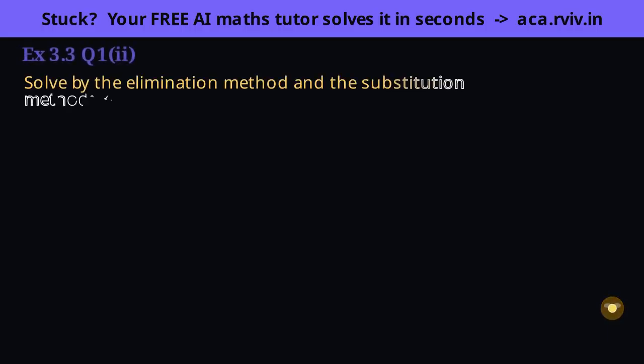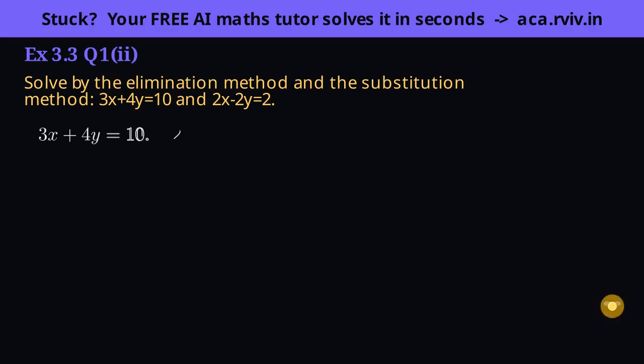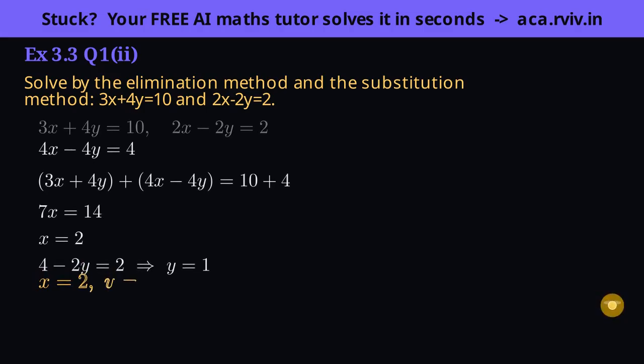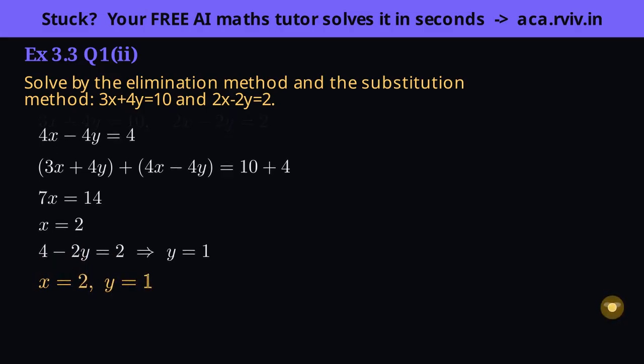Opposite signs mean adding cancels. Setup: the y coefficients are 4 and -2, so scaling the second by 2 lets them cancel when added. Multiply the second equation by 2. Add to the first so the y terms cancel. Simplify. Solve for x. Back substitute into 2x minus 2y equals 2. Insight: when signs are opposite, adding cancels the variable, no subtraction needed.